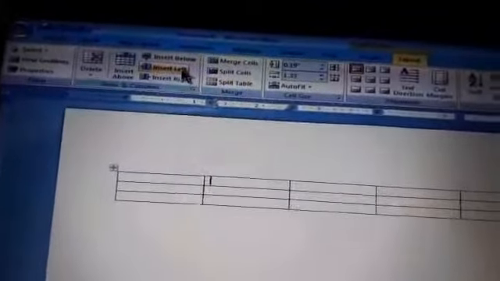First we will place the cursor anywhere. Now I will click the layout tab, and this time we will select insert left or insert right, because this is a column. I will select insert left. See, now our table has 6 columns. Previously it had only 5 columns.